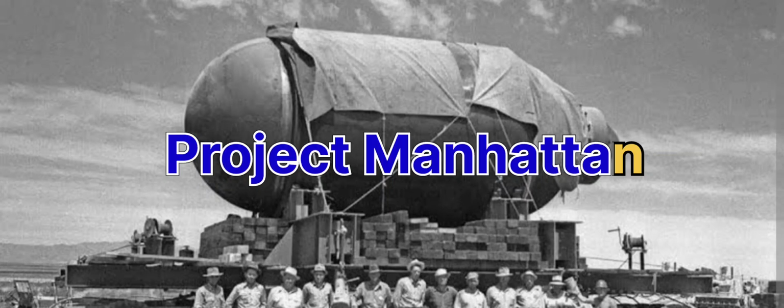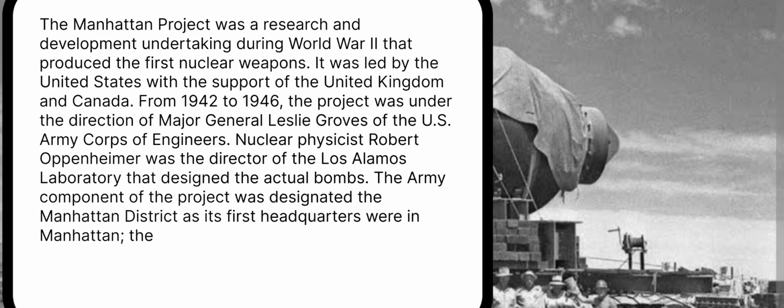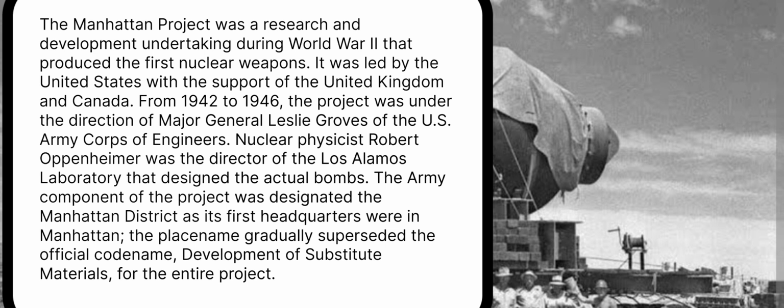The Manhattan Project was a research and development undertaking during World War II that produced the first nuclear weapons. It was led by the United States with the support of the United Kingdom and Canada. From 1942 to 1946, the project was under the direction of Major General Leslie Groves of the U.S. Army Corps of Engineers. Nuclear physicist Robert Oppenheimer was the director of the Los Alamos laboratory that designed the actual